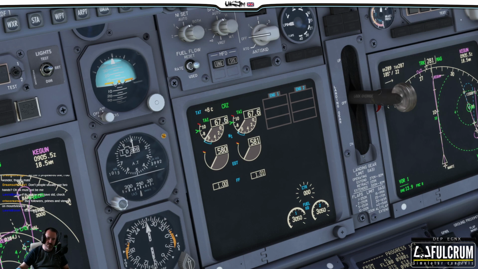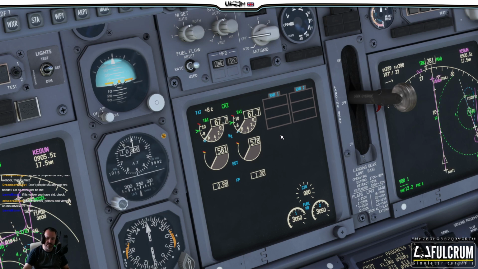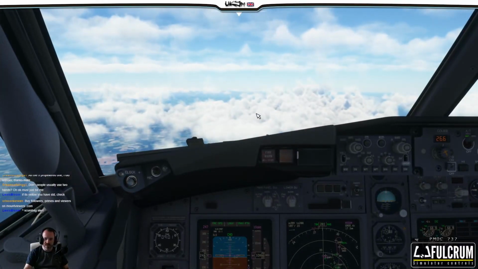But let's just say I'll drop that to idle, right? Then turn the autopilot off. That's just going to go oof. So what you want to do is, when you're just about to turn the autopilot off, you kind of want to marry that up as much as you can, yeah. And that is a really useful